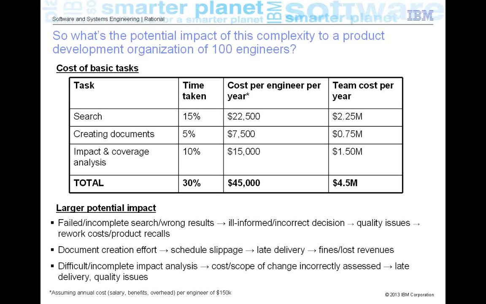For example, text searches against their requirement gathering tool, text searches against their defect repository, text searches against their test case repository, text searches against their source code control tool, text searches against their modeling tool, their work item tool, their project planning tool, just trying to search. And it also covers